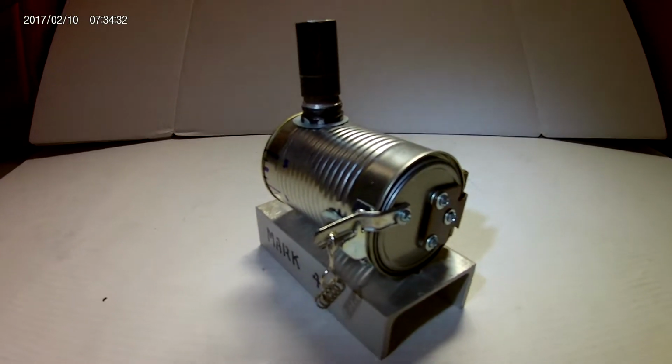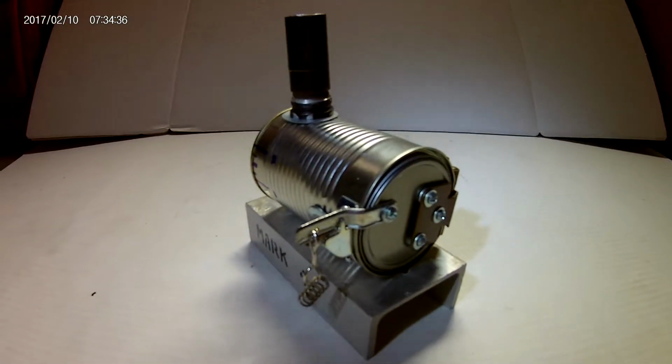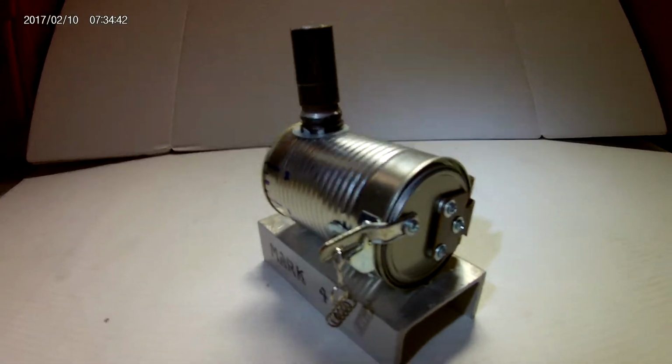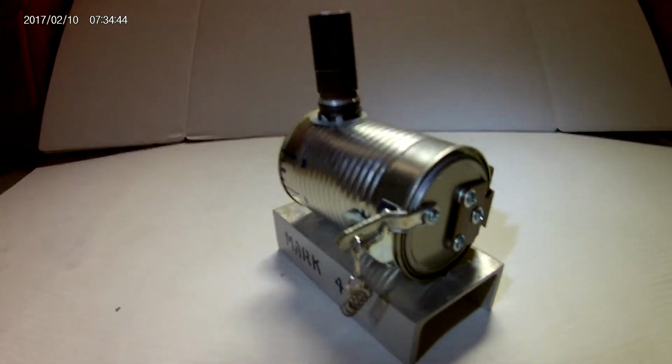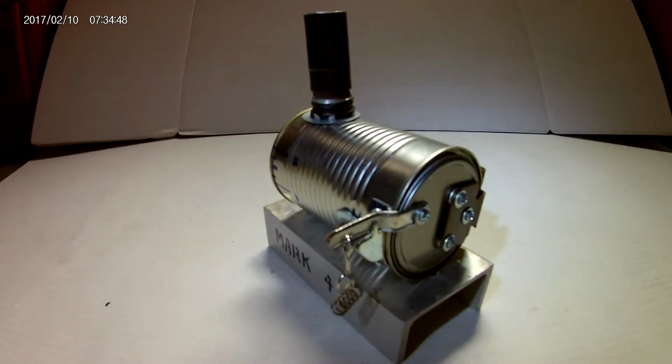This is a Mark IV model working wood stove. I'm going to show you how I made this, show you how it works, and show you how you can make your own. And this, you don't have to burn wood in here. You can burn almost any fuel source,